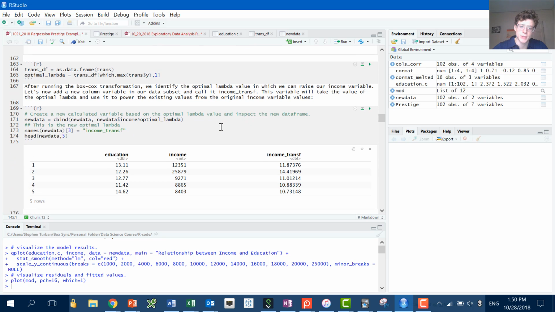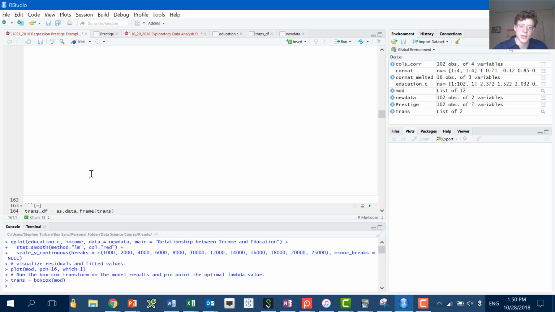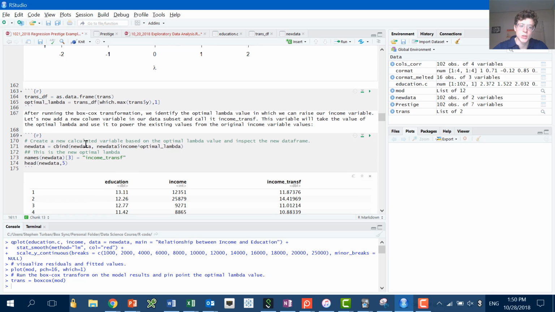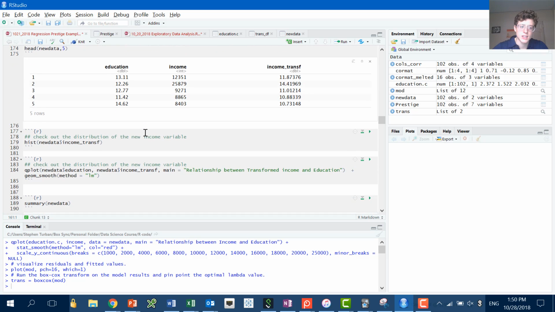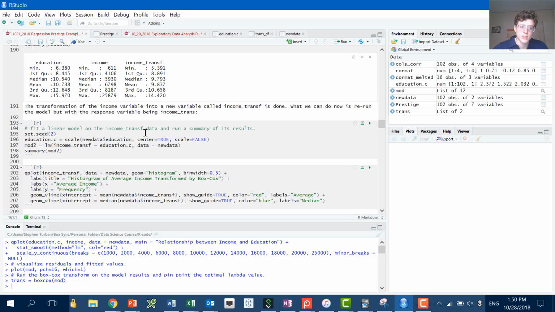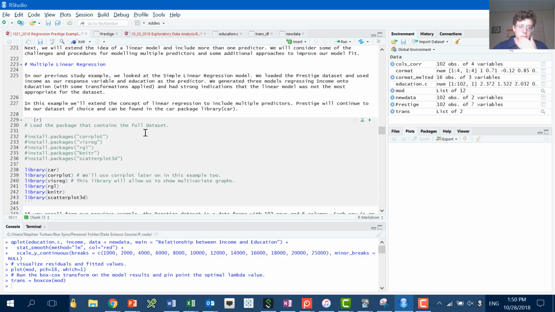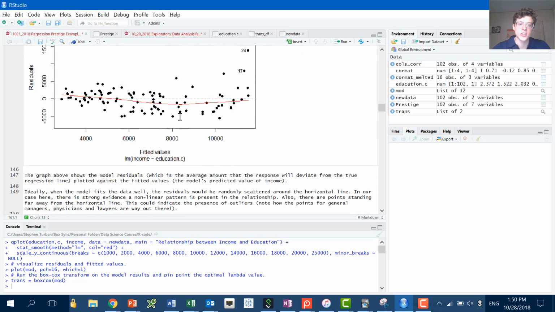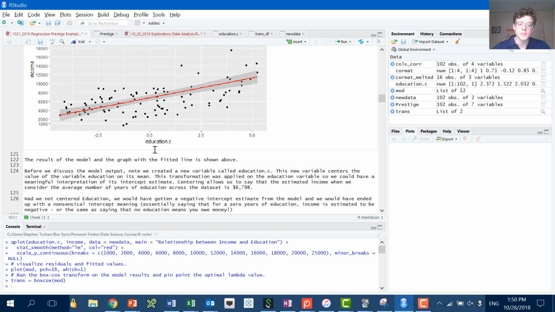There's a box plot. So here we go. And this is the Box-Cox transform, the optimal lambda value. This is a potential way to rerun this. Yeah, exactly right. Rerun this. So we're essentially saying, hey, I actually don't think this relationship is straight. I think it is curved in some way.